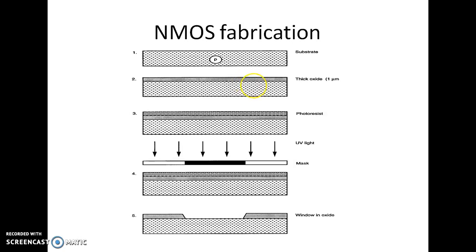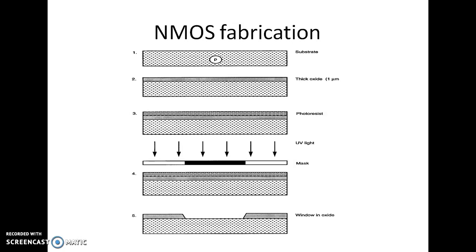Then mask 2 is used to pattern the ion implantation within the thin-ox region where depletion mode devices are to be produced. Then mask 3 is used to deposit polysilicon overall, then pattern using mask 3. So using the same mask, we need to remove the thin oxide layer where it is not covered by polysilicon. Then diffusion of N plus regions into the areas where thin oxide has been removed. Transistor drain and source are thus self-aligning with respect to gate structure.